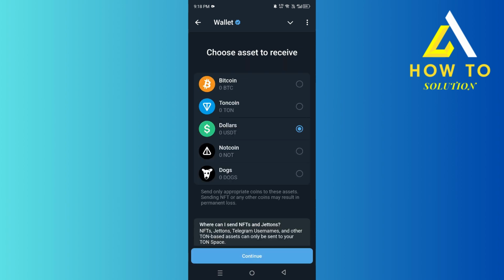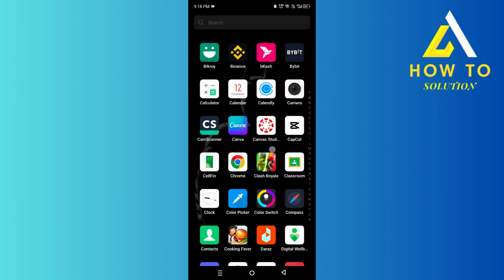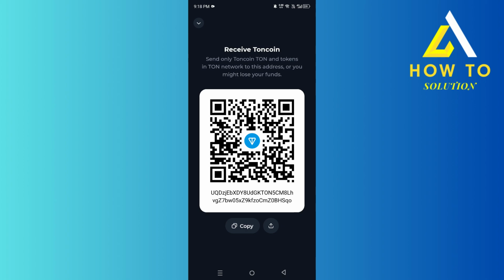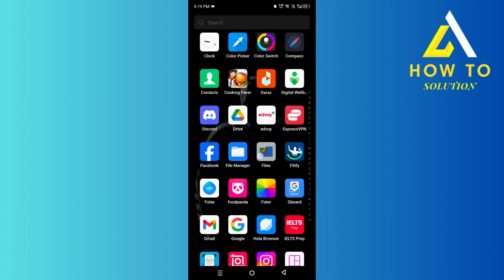After that we're going to click on external wallet. Then you want to click on Toncoin. And then right over here it's going to ask you for your Toncoin address. What you want to do to get that is head over to Tonkeeper, click on receive, and then this is your Toncoin. You want to click on copy and just paste it there,